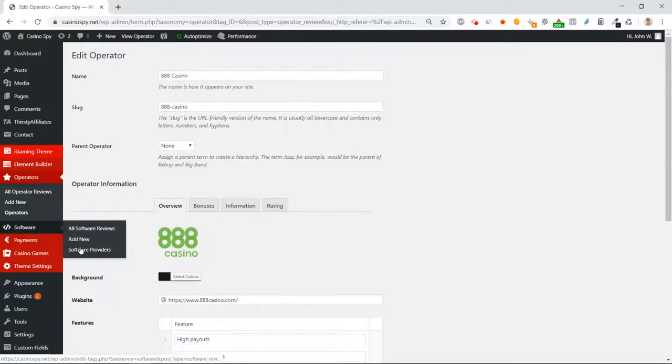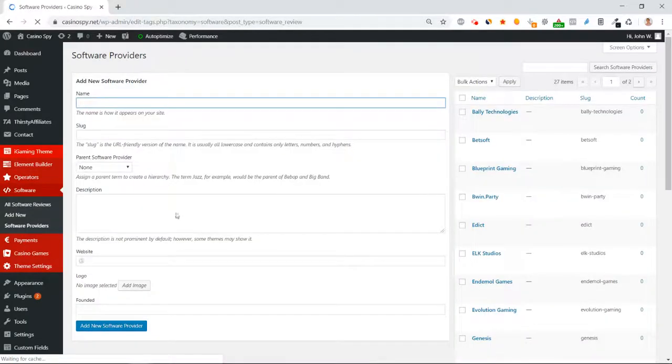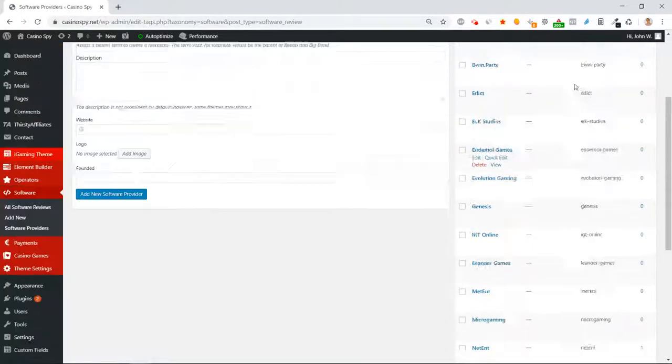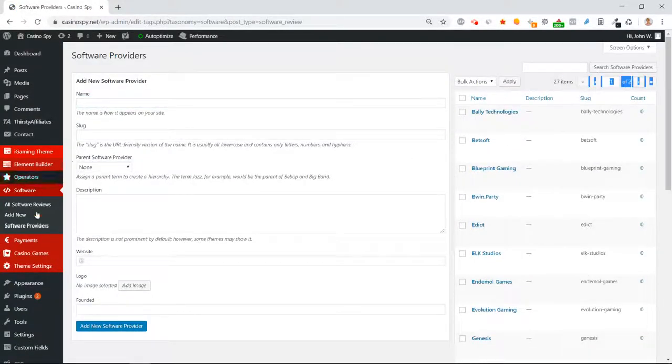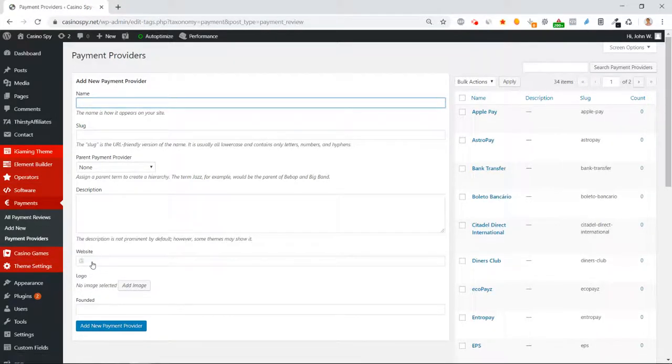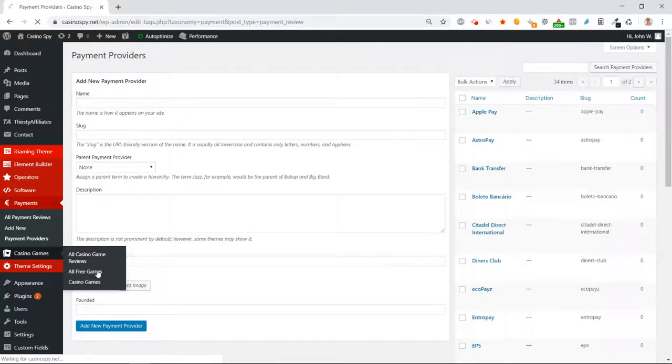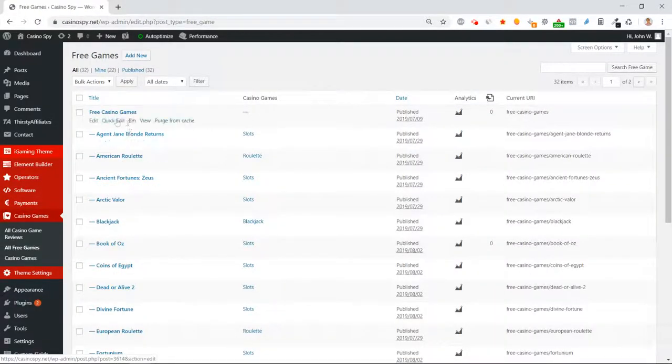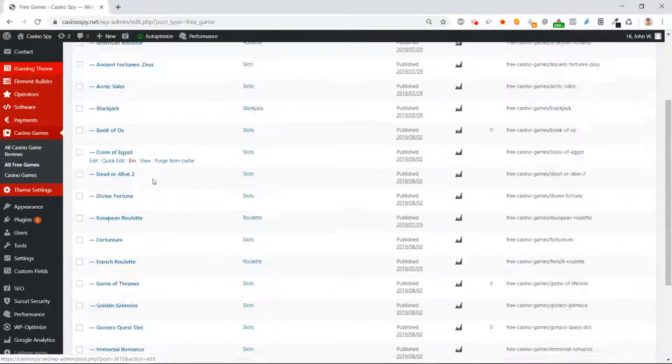If you go to software providers, you'll see the same thing. Obviously, it doesn't have as much information, but we have 27 software providers here, for example. This is obviously the demo, so it will depend on what you actually end up going for in terms of the solution that we will offer you. But payments, the casino games, we also have free games. This is quite good because we are able to have, for example, if I show you here one that we have active,